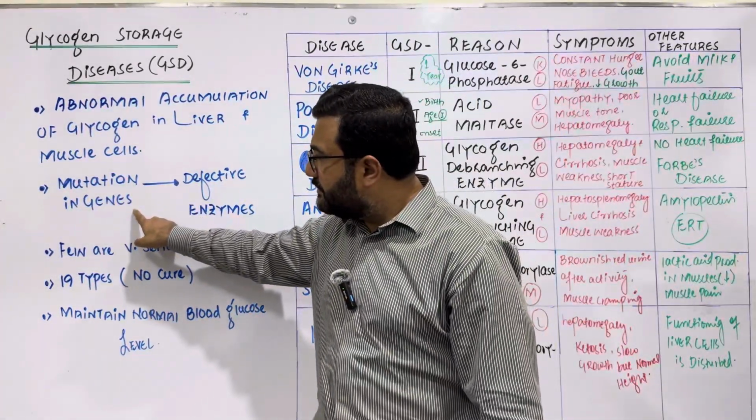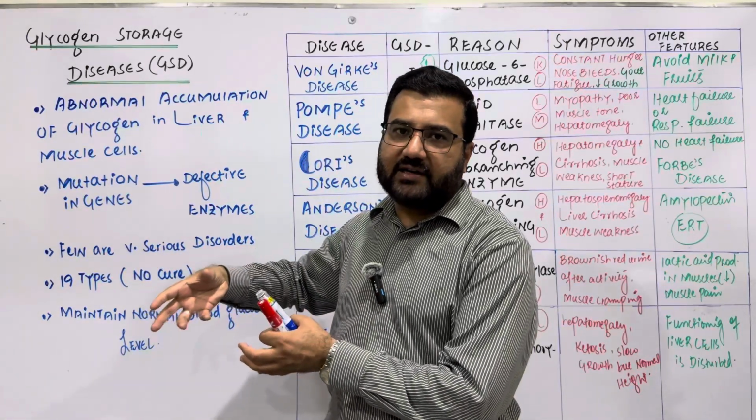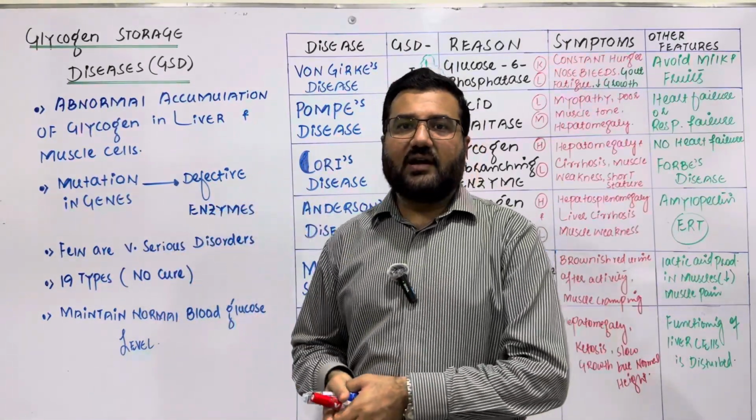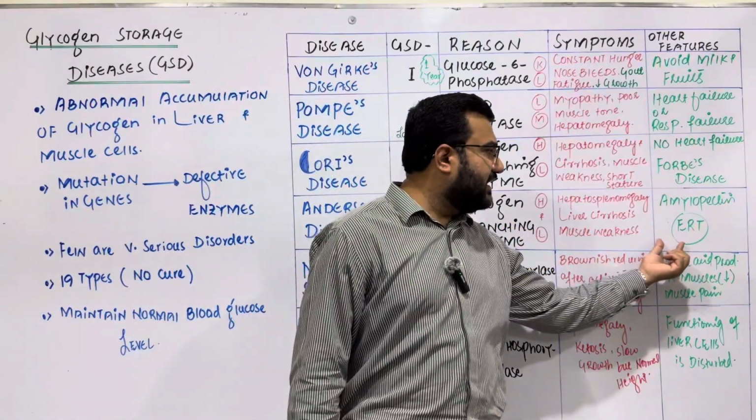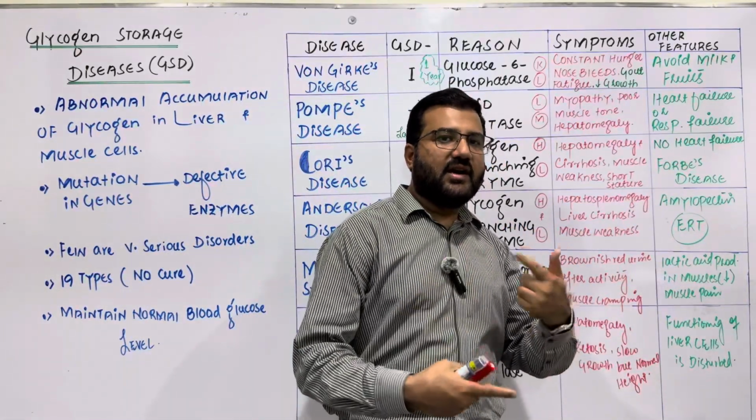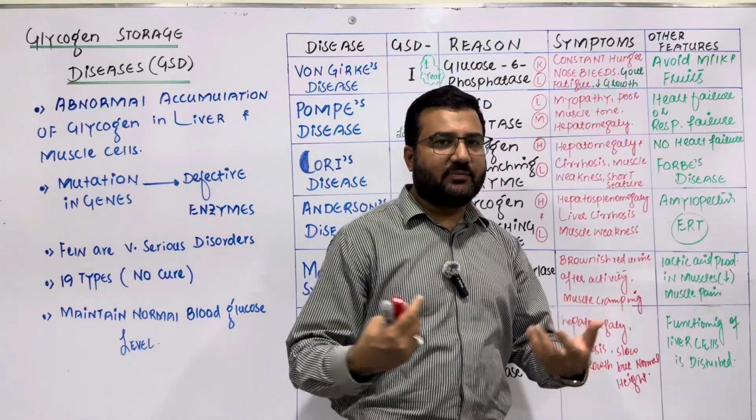In all these cases, the permanent cure can be genetic, so that the gene mutations may be corrected, and that will lead to the proper production of the enzymes in the body. Or the second case is basically enzyme replacement therapy, where you can replace the enzyme to meet up its